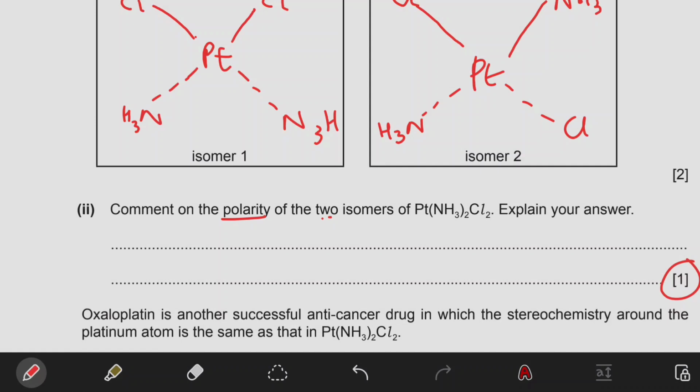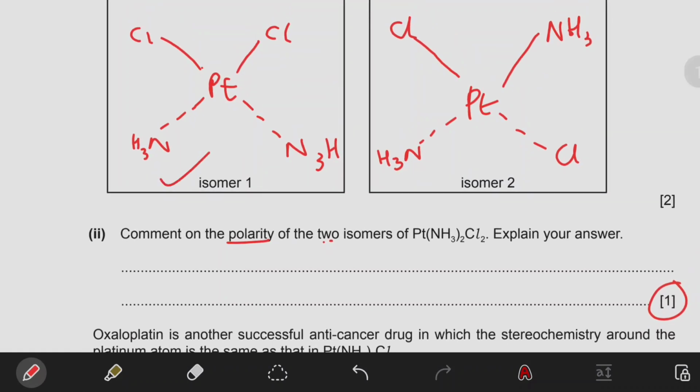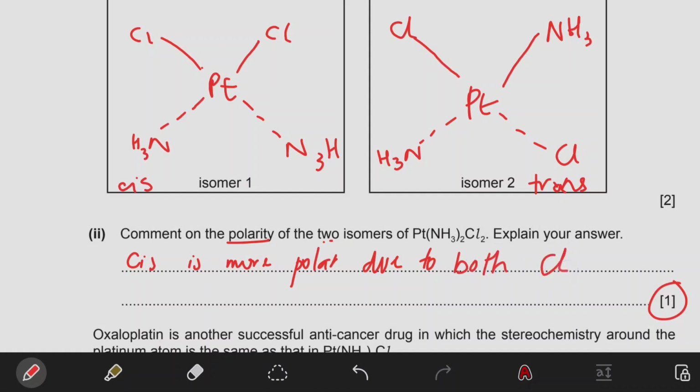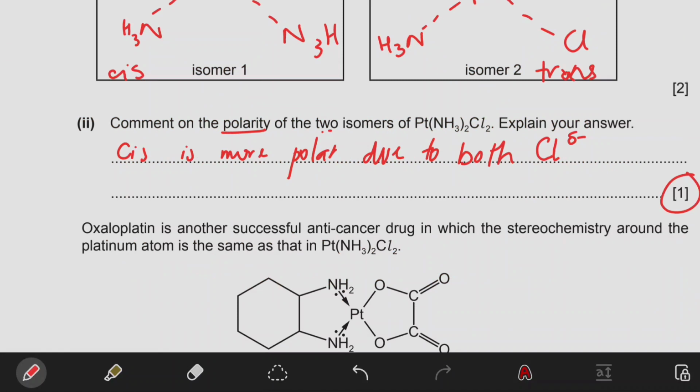That maybe you can say that this cis one, cis trans, this cis one is more polar because the chlorine is on the same side. So cis is more polar. Both partial negative chlorine being